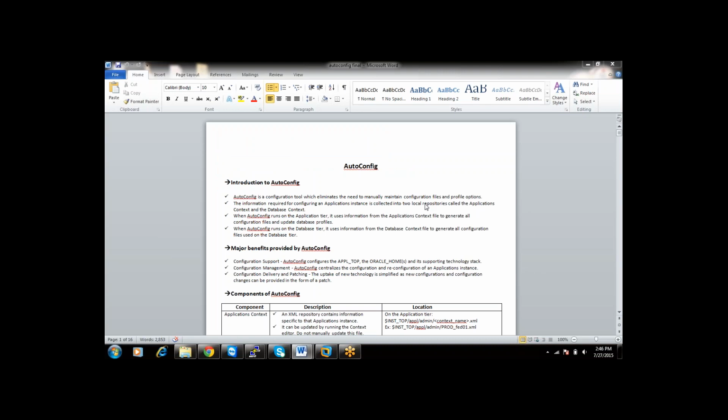Depends. If you are modifying a database parameter, if it's static, change it in the pfile, recreate the SPfile and restart. If it's dynamic, you can modify it on the fly. And for the listener, if you make any change, you need to reload. I'm just asking how you modify the files. You will modify a couple of files in order to get the changes reflected, right? Yeah.